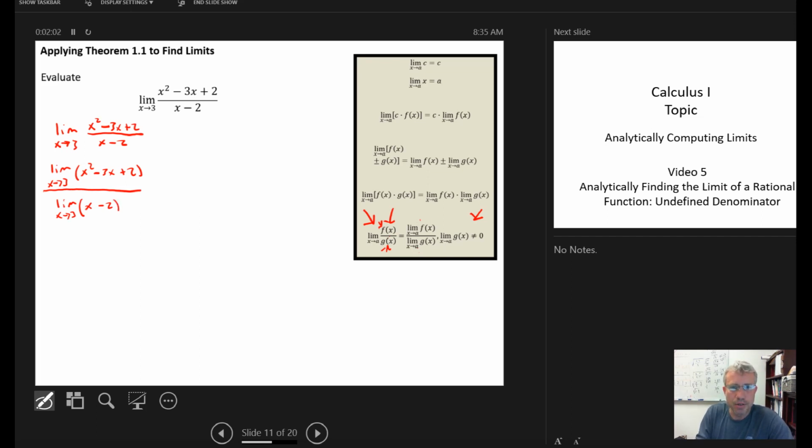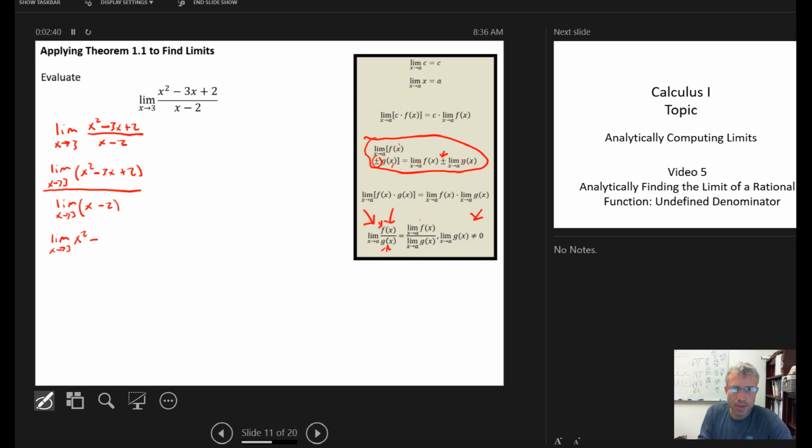Step 2 is to recognize that in the numerator and the denominator I have sums and differences of functions, which means I'm going to use this tool: the limit as x goes to a of a sum or difference of two functions is just the sum or difference of the limits. So we're going to use this tool to rewrite the numerator and the denominator. I'm going to rewrite the numerator as the limit of the sum or differences of the individual functions. So the limit as x goes to 3 of x squared